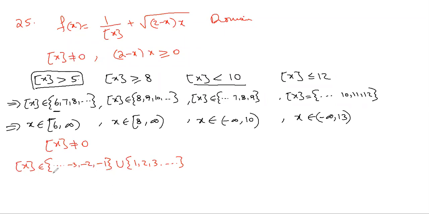But I want you to write that wherever the continuity is there, you write it in the set. So where continuity is missing, write it as a different set. All of you agree with this? Writing the integral part of x not equal to 0: integral part of x belongs to all negative numbers, union all positive numbers. You may ask, sir, why are you writing in two different sets? You can write in the same set.